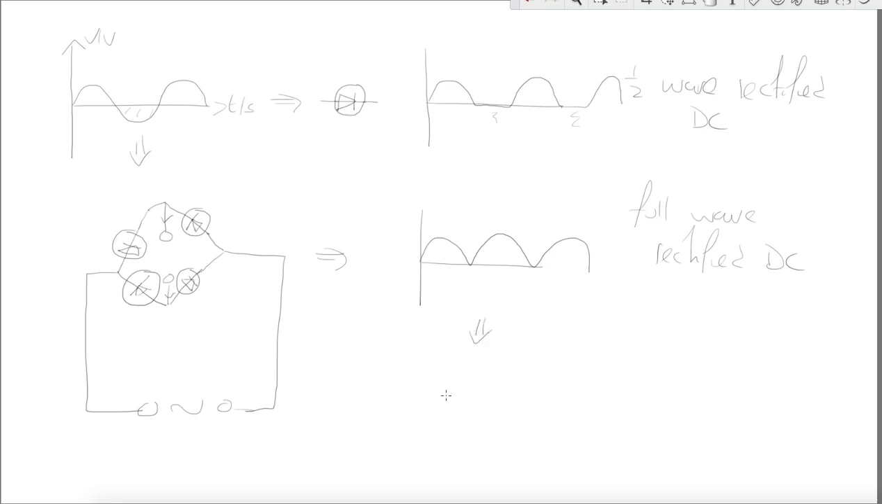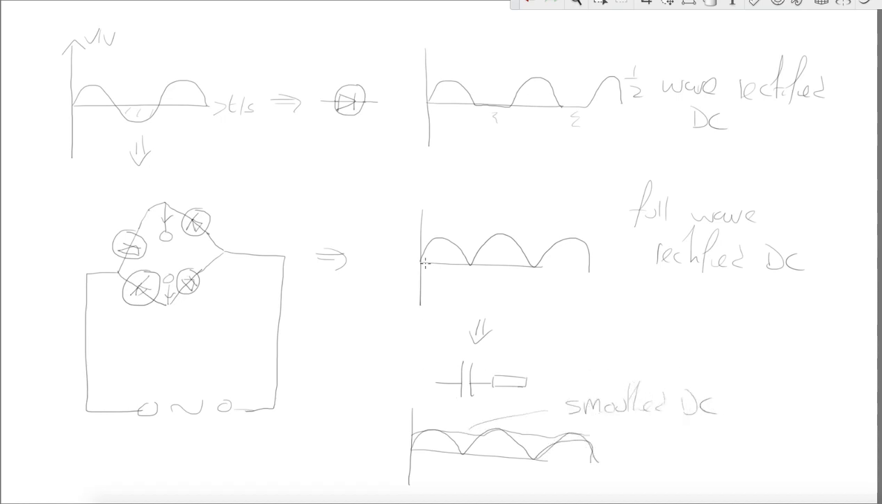So if you then pass that through a capacitor, which, as we'll see in a moment, is connected to a resistor, then what you end up with out of your full wave rectified, what happens is your PD across the capacitor rises and falls a lot more gently. That's not a very good one. That should come up there. So this is your smoothed